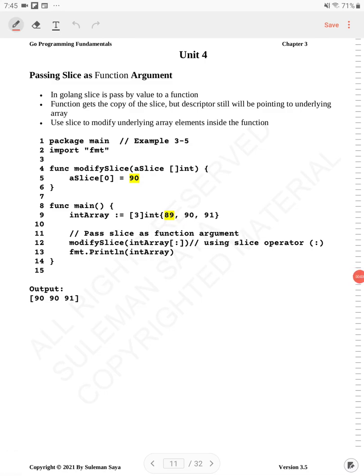Go Language Programming, Chapter 3, Unit 4. In this unit, we will go over passing the slice as a function argument. And also we will go over how the built-in append function, which is provided in Go language, is used within the function body. Okay, so let's start with